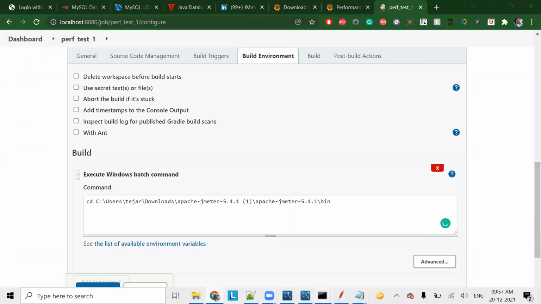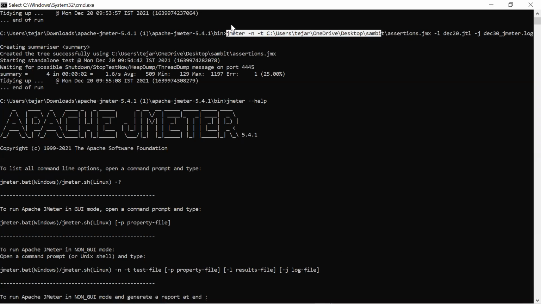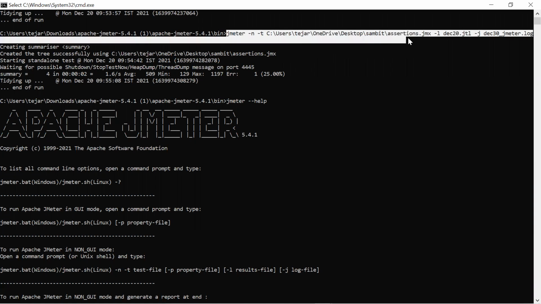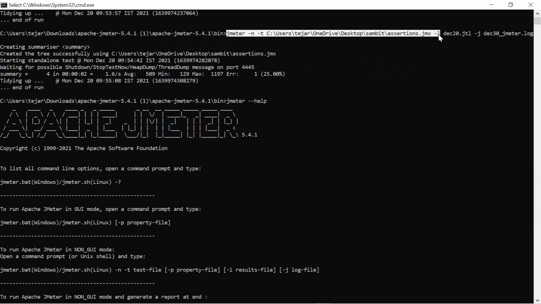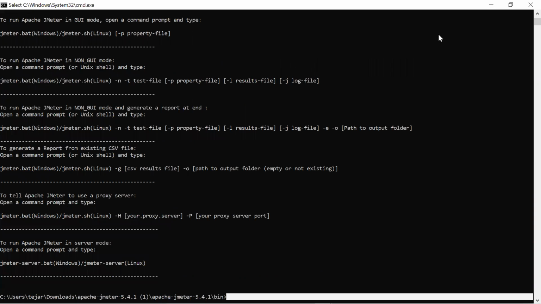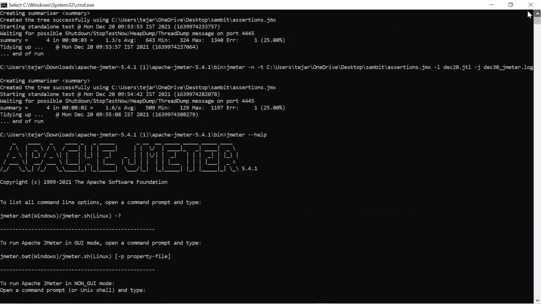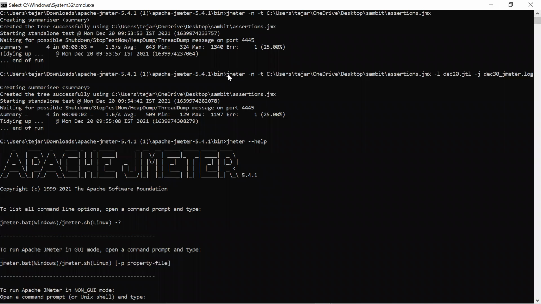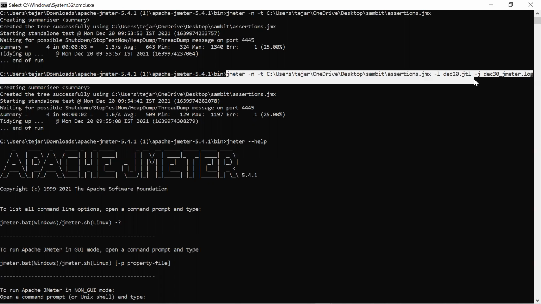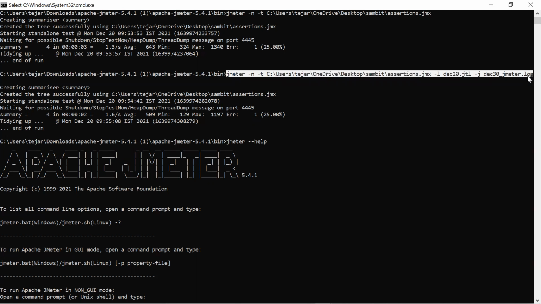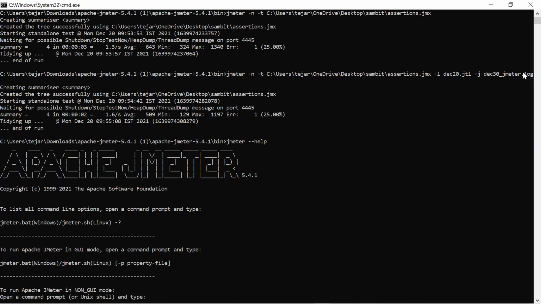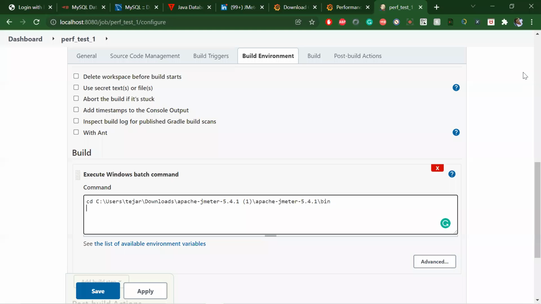Then we have to copy and simply paste this. Let me put a simple thing first, or let me copy everything. Copy.